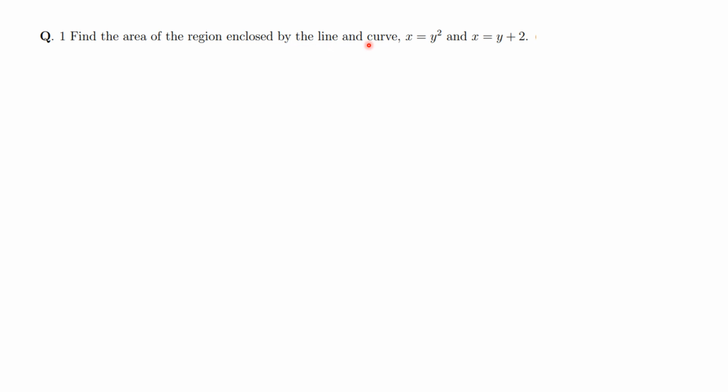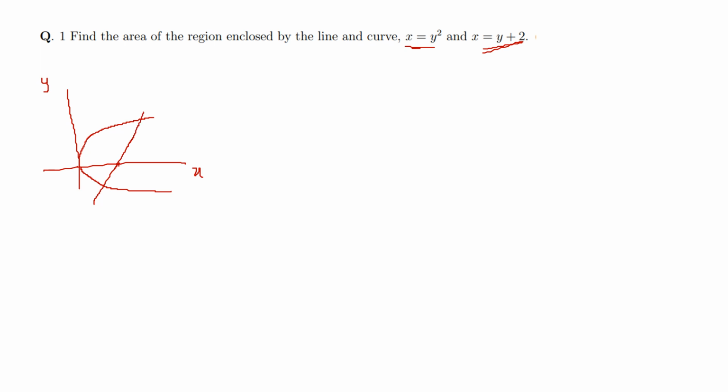This is the last question of this video, and in this question we need to find the area of the region enclosed by the line and the curve x equals y square. The line is x equals y plus 2. So let's first sketch the region, and the region is in the xy plane. The first curve is x equals y square. The graph of x equals y square is a parabola facing rightward, and the line x equals y plus 2 is somewhere here,